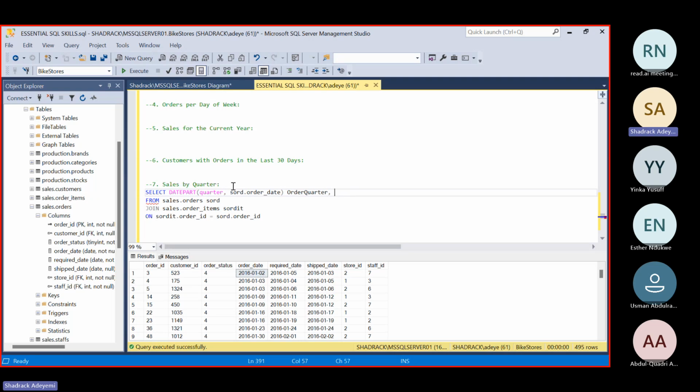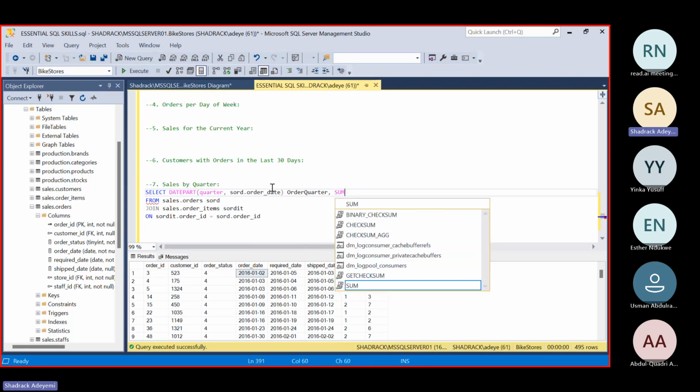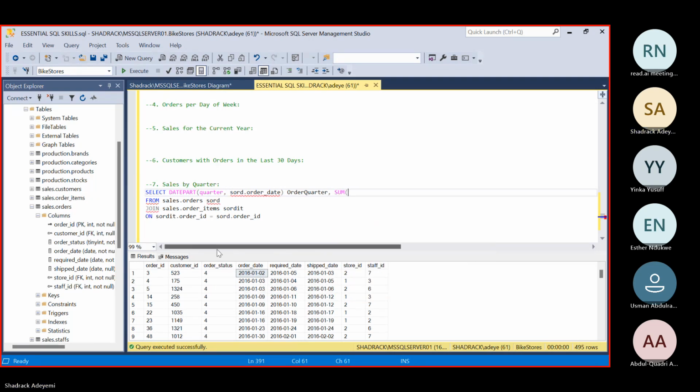So order quarter, and then we're going to go ahead and say, because we're trying to get the total sales, we're going to say summation of the sales order dot the list price, because again, we're assuming that the list price is the sales that were sold as total sales.